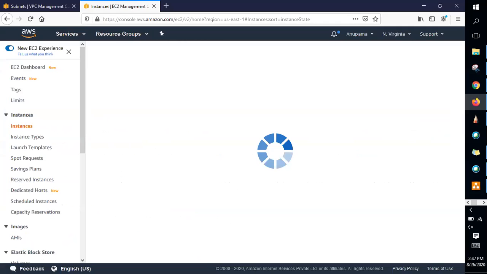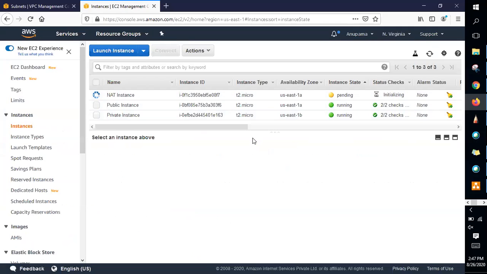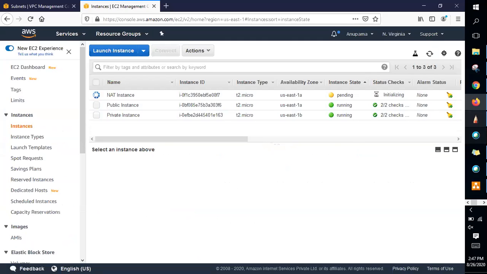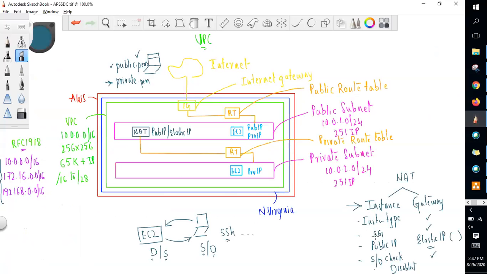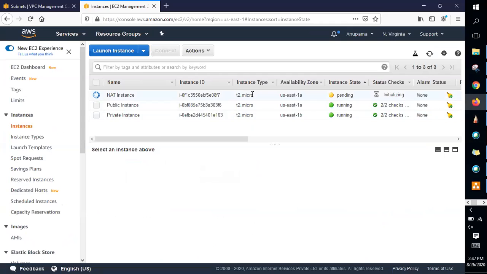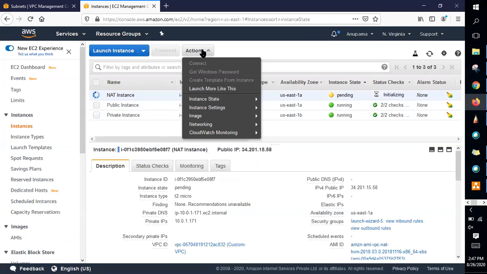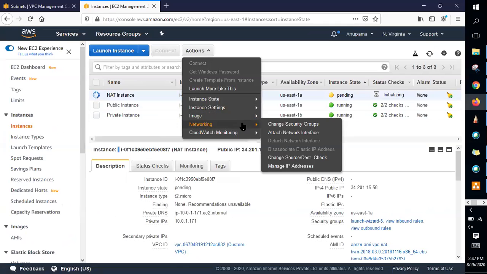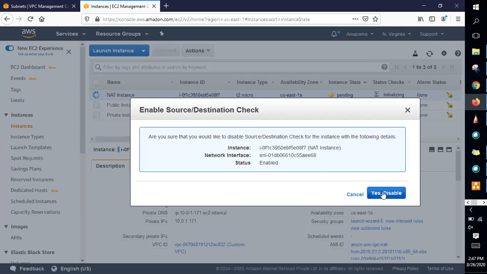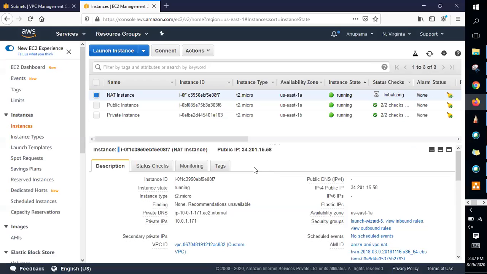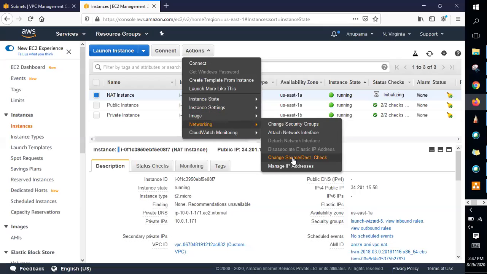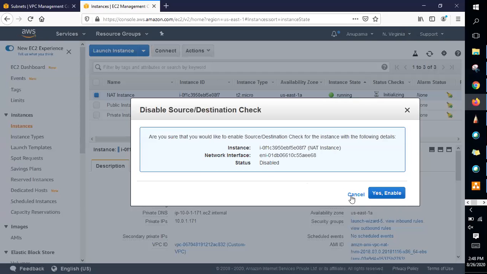Okay, scroll down and you will see a NAT instance which is running. So now what we have done, we have chosen the instance type, we have chosen the security group, and it will have a public IP address because we have created it in the public subnet. And we'll see this part, source and destination check should be disabled. So what you need to do is click on the instance, it's still pending, but let's try if we can do it. Go to networking, change the source and destination check, click on this and disable. It's enabled by default, you see. I've just disabled it. So now it is disabled. You can enable it if you want to.